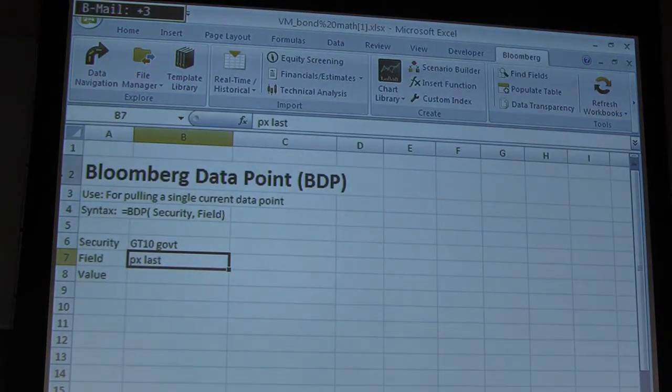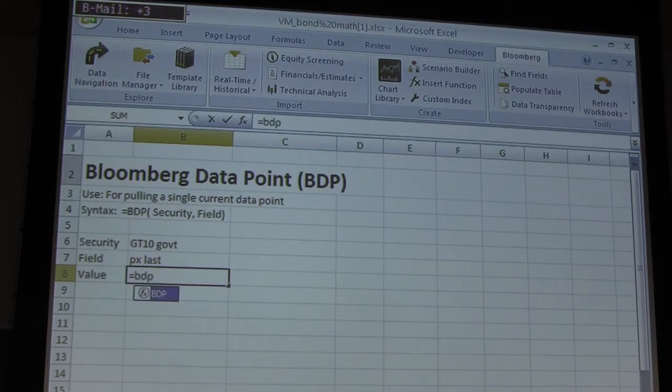All right, so who wants to walk me through creating this formula? What's your name with the green jacket? Jack? All right, cool. We're going to do it together. So I'll give you the first thing. Equals, right? Yeah. And then you're trying to pull data from the government 10 bond? Yeah. Okay, so then BDP,